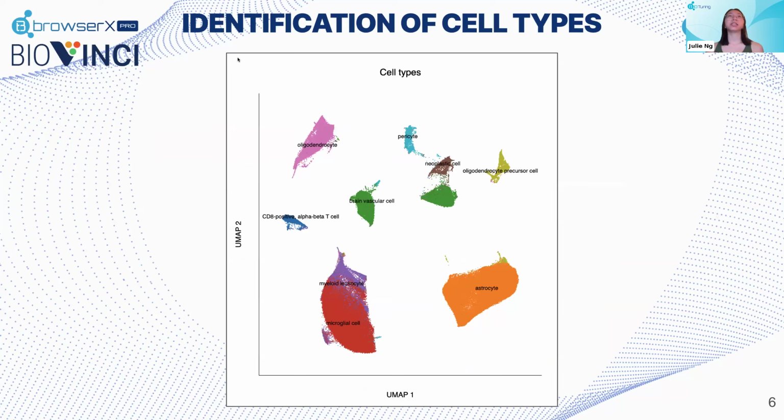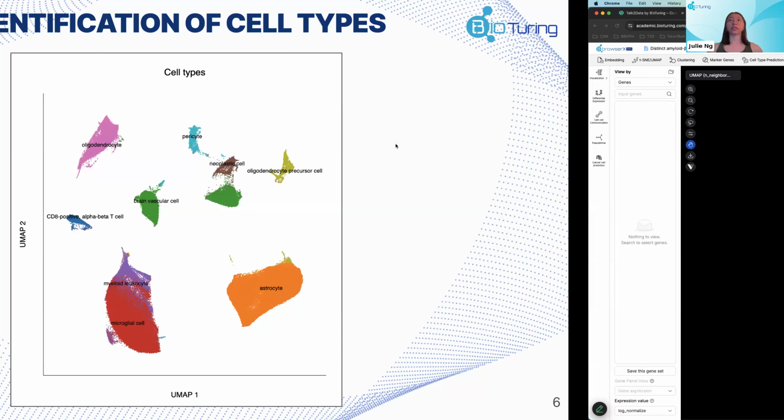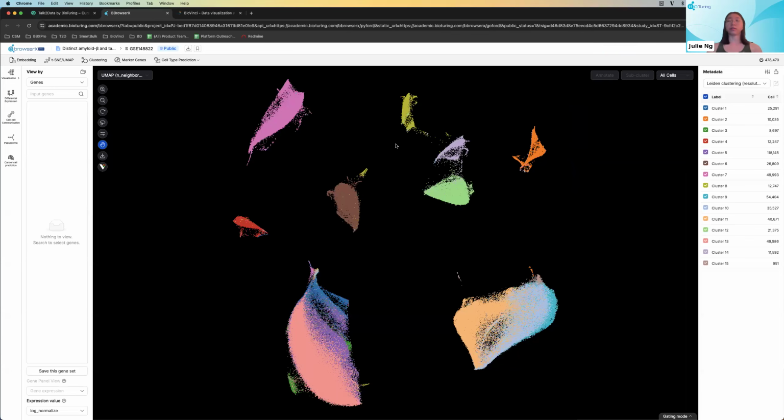Let's get into the first analysis, where the first thing we want to do is identify all of the cell types present within our data set. Switching over to BBrowserX Pro, I've opened the data set here. And when you perform cell type prediction,